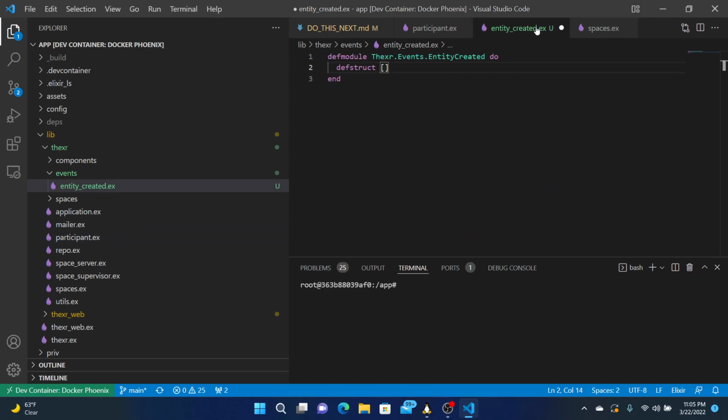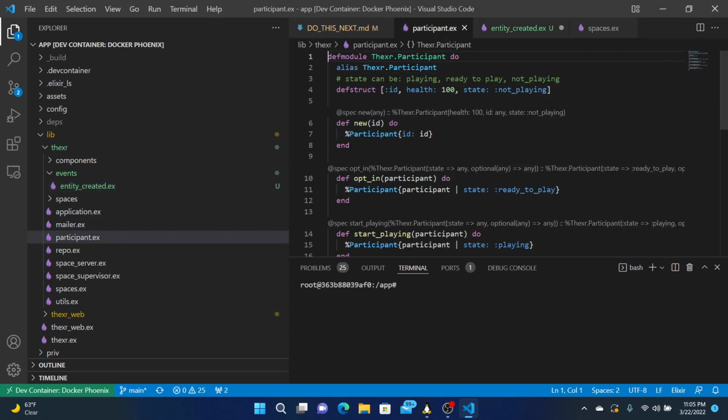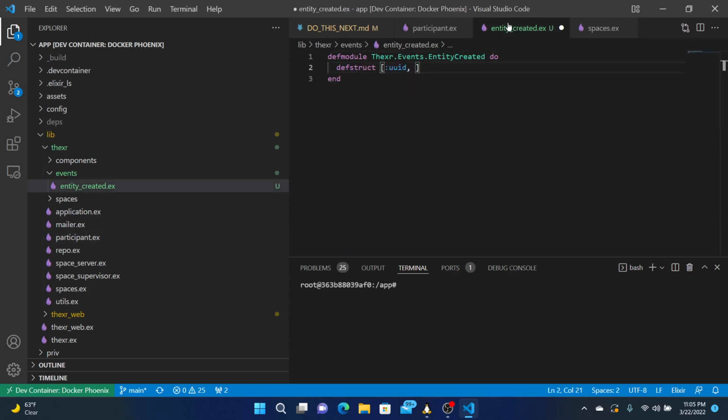So we can have UUID, it can have a name. Actually, just be ID, right? ID, name.